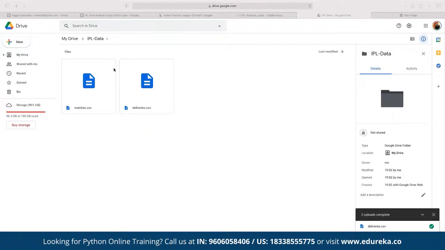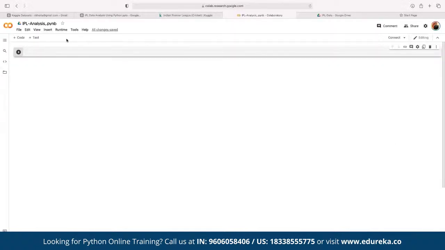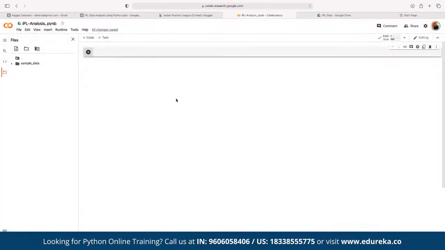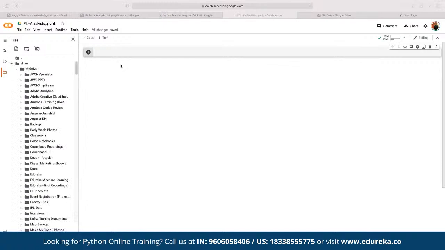set that we have downloaded in a folder under our Google Drive account. To map the data to this notebook, we have to click on the file section available in the left sidebar, and here we have to link it. So here we can simply click on connect to Google Drive, and this is simply going to insert a code that will allow us to add a Google Drive code here. Just a moment. All right, so now once we get connected to our drive here,